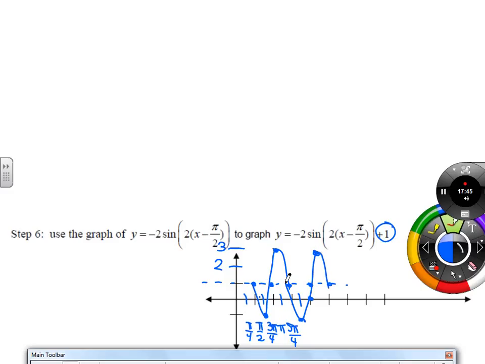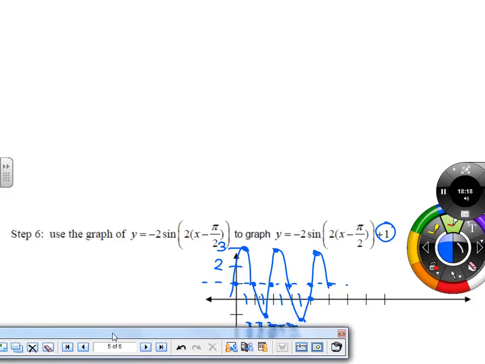Okay? And then you can extend it in both directions. So in this direction, I could do it the other way. Like, it just hit a minimum, then it would have to hit a maximum the next time that it was through. So it would go up here, and come back down here, and I could keep continuing it that way also. So our goal is just to graph one section of it, and then if we want to see the graph extended out, just follow the pattern of the points and keep extending it out. Don't try to graph a bunch of it and then make the changes. Make all the changes on just one cycle or one period of the graph. Okay? All right. So I want to go back through